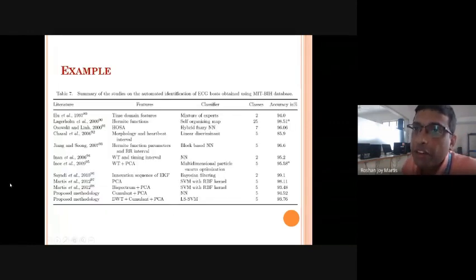For my application, electrocardiogram analysis, I prepared a table like this, where I had a number of papers, one published in 97, then 2000, 2006, up to 2012. Okay, these were my own papers. Up to 2010, I have mentioned each of the literature: what parameter they extracted, what automated classifier they used, what number of classes they used, and what performance. So I can find here every paper using a different parameter, different classifier, different number of classes, and different accuracies they are obtaining. Accuracy is a performance measure.